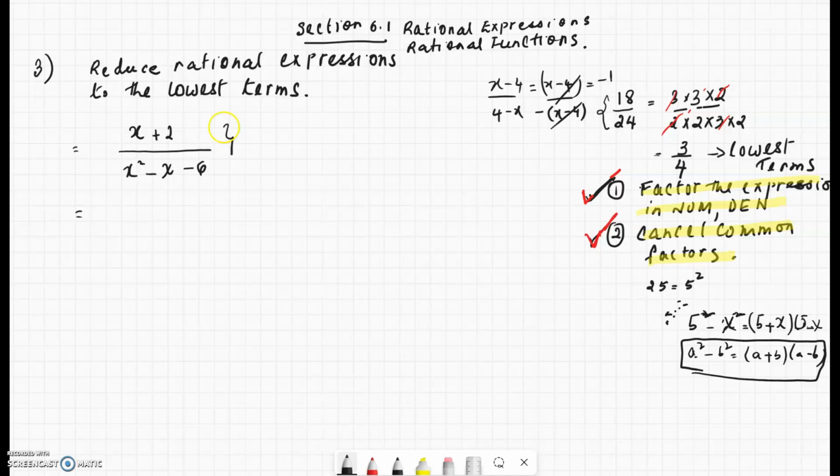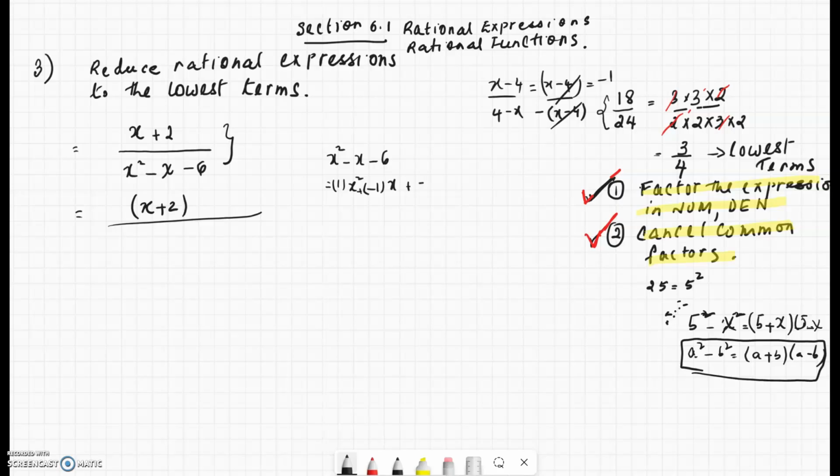Next, we have another rational expression. What we're going to do is factor the numerator because we want to reduce it to the lowest terms. The numerator cannot be factored any further because it's a linear expression. A quadratic in the denominator can be factored further. So the quadratic in the denominator is x squared minus x minus 6, and this is 1 times x squared minus 1 times